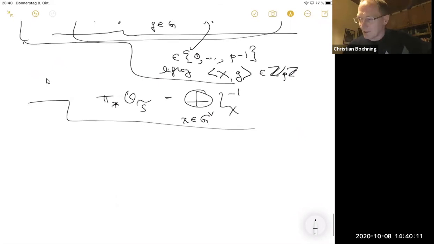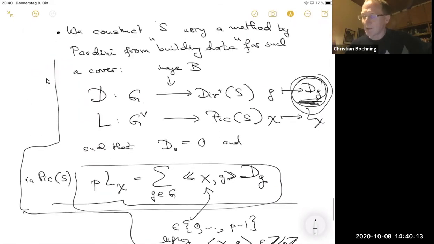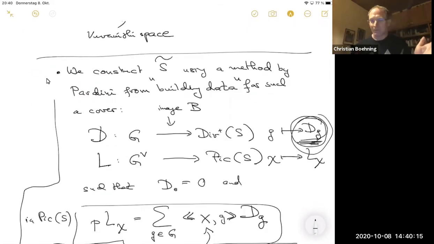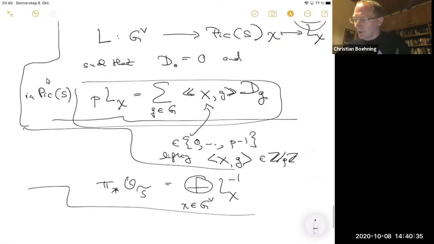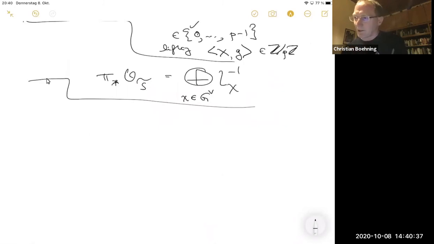But so we need to find such data to get a cover, but then we have some cover, right? But the cover doesn't yet have the property, I mean, it need not have this property, that the Kuranishi space of S tilde has anything to do with that incidence scheme of the line arrangement we started with. And for that, we have to remark